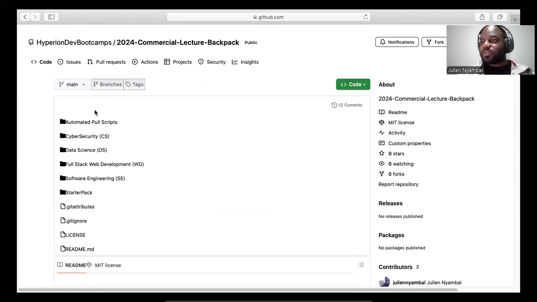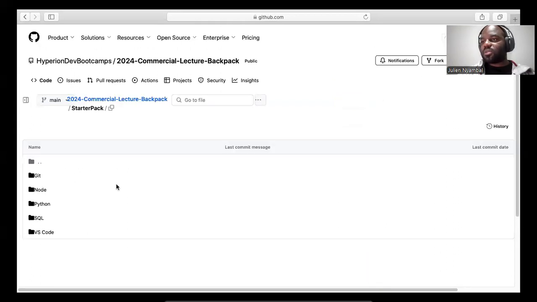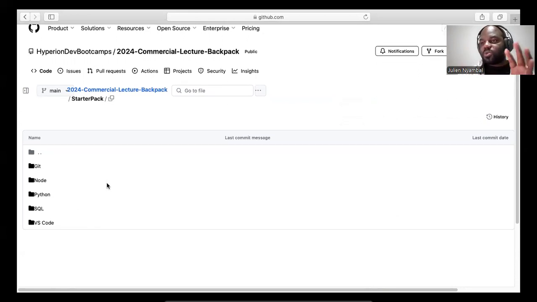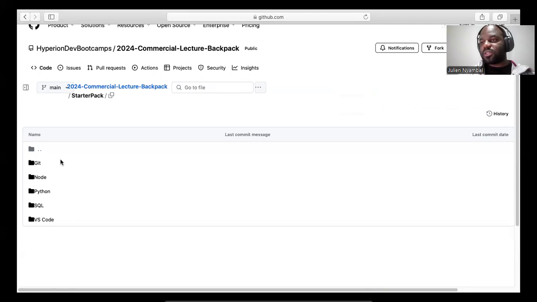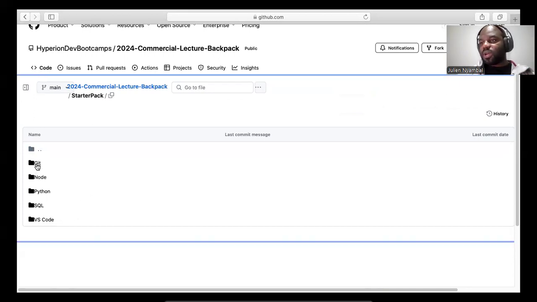You would see a couple of things like the automated pull script. That folder will allow you to do a couple of things, but we won't go through all of that now. I'll do a separate video about that. What we are looking for is the starter pack. So I clicked on starter pack, and once again, it may look different on your side, but at the end of the day, you will be looking at literally the same thing. This is Git, the very first software we want to deal with. So I'm clicking on that,